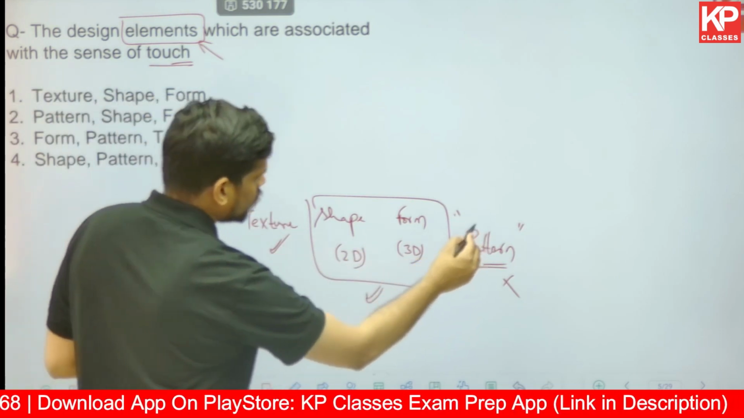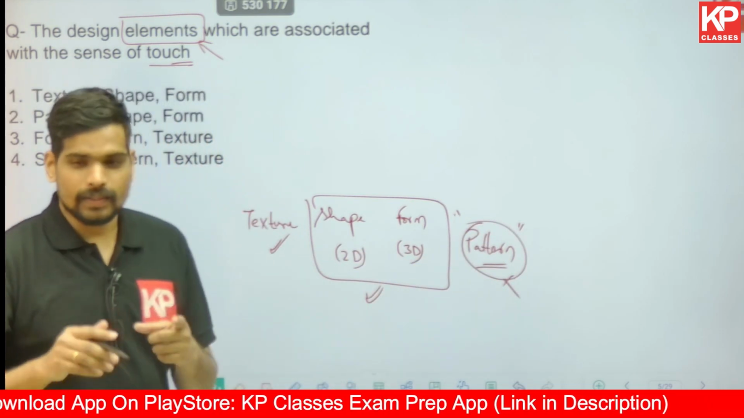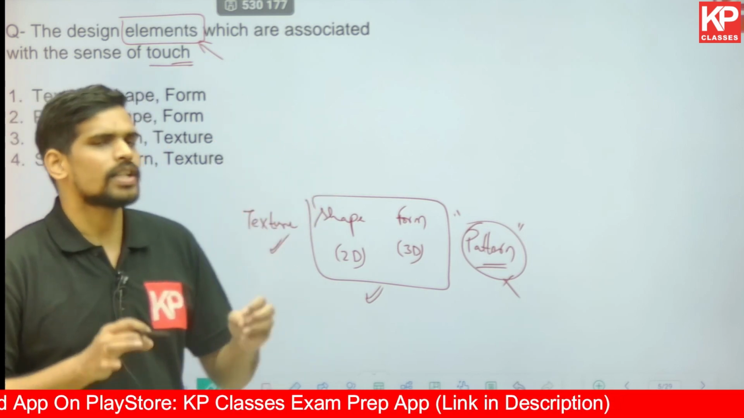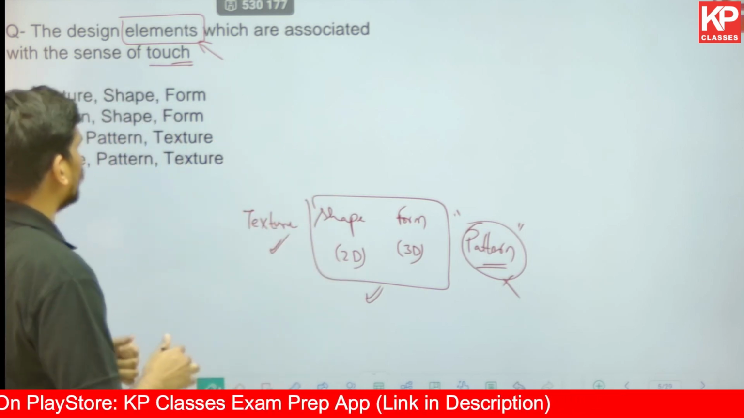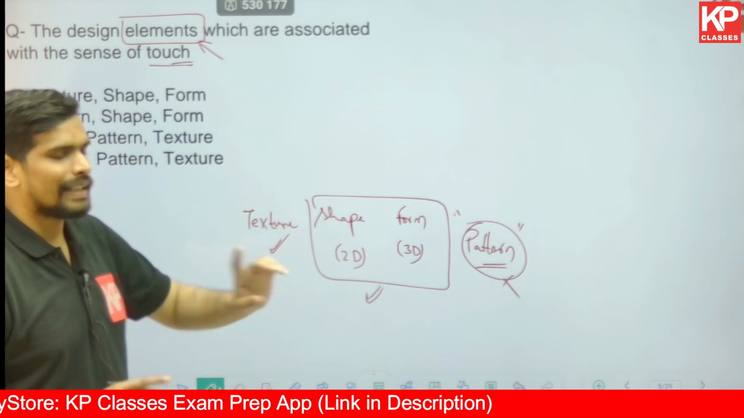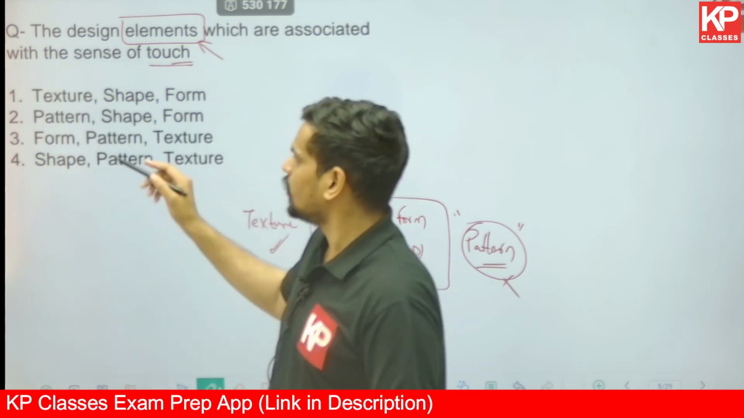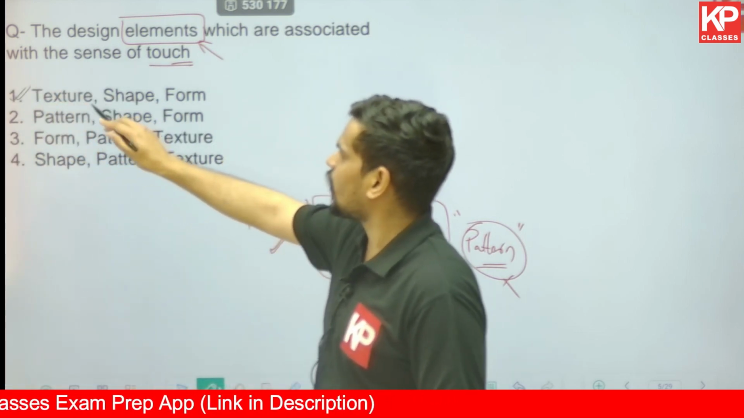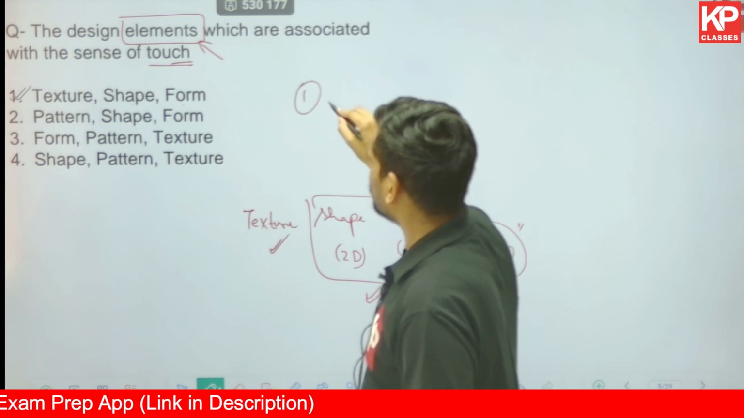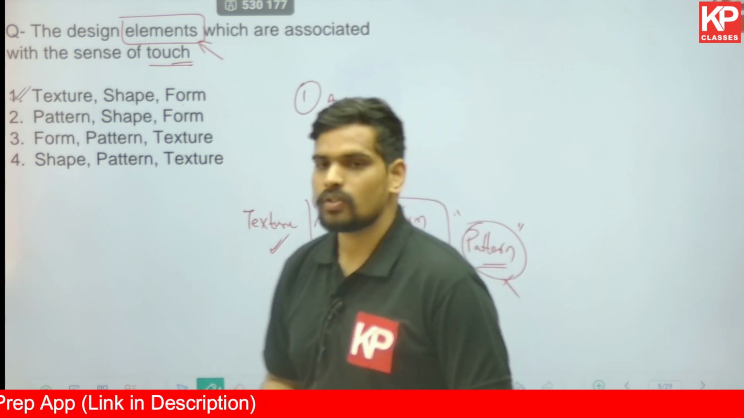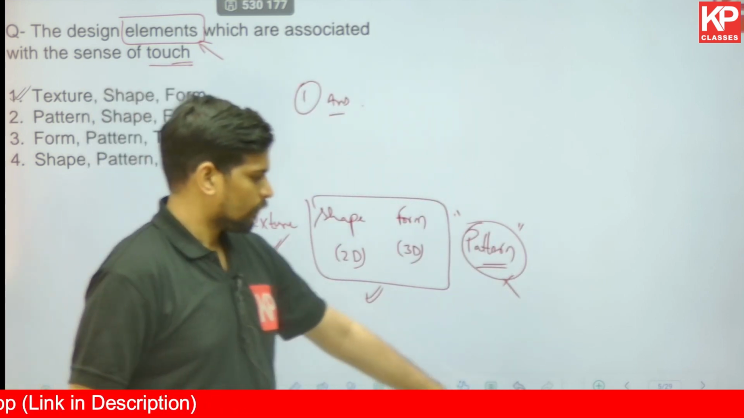So pattern, leave alone the sense of touch, is not even an element of design. Whichever options have the remaining three, that will be the correct answer, not pattern. So option 1, which has texture, shape and form, would be the correct answer for this question on architectural graphics. The next one